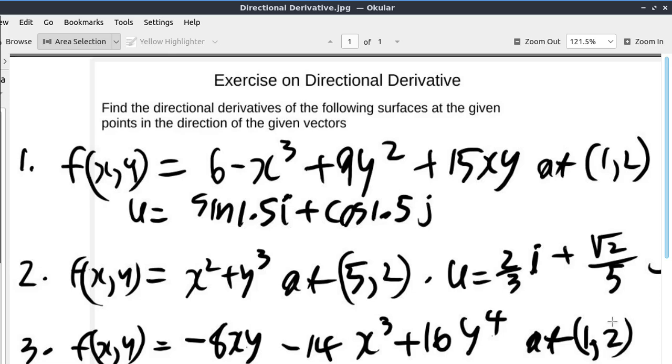You've completed all 6 questions of the exercise on directional derivative. Now, I'm going to work out these questions. Alright? Question 1. f of x, y equals